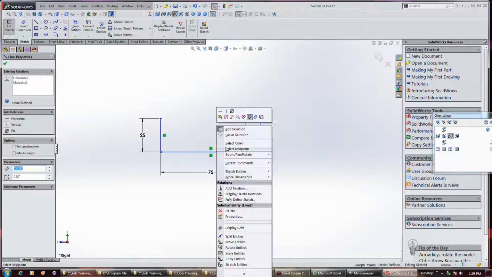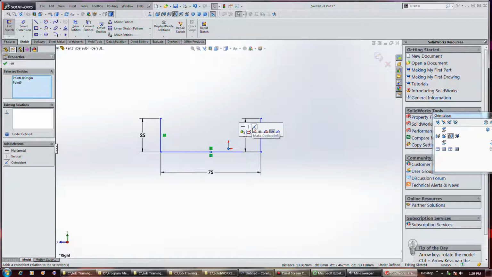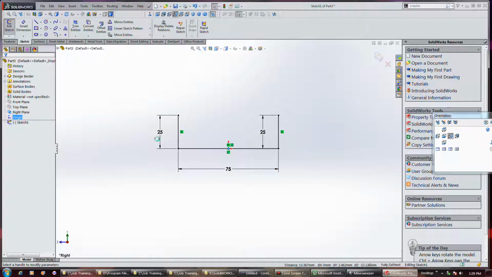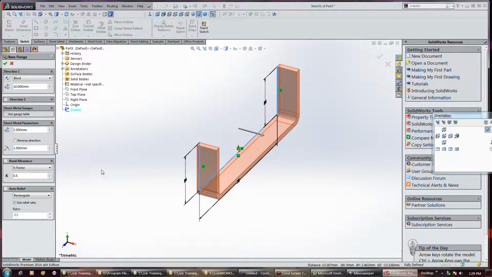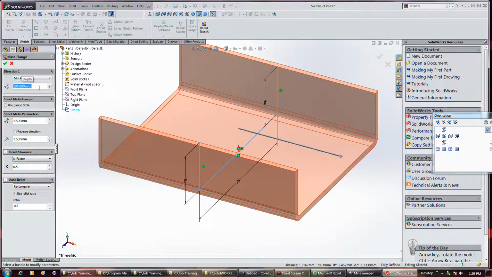Damn it, I had it selected. Okay, and go ahead and put a concentric relationship there, and exit sketch, and I'm going to set this to midplane, make it like 100. Okay,